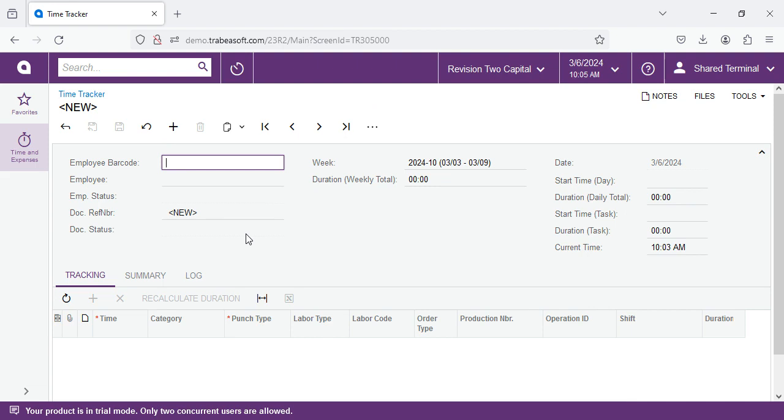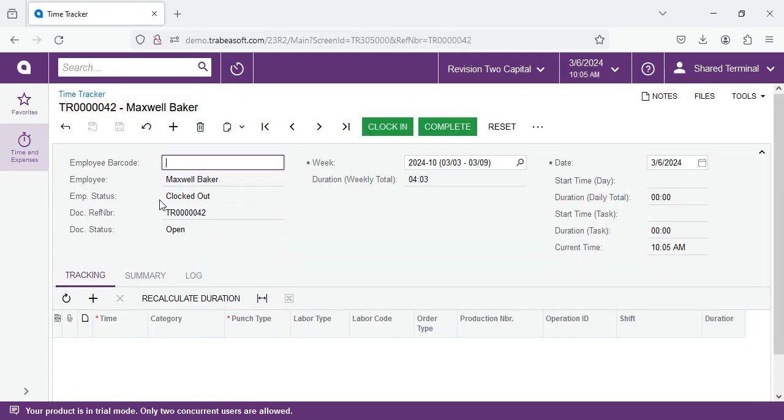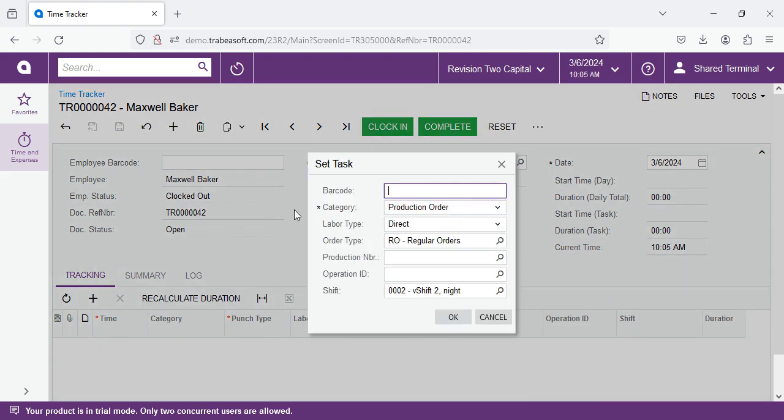So I'm first going to scan an employee barcode, and this is just the employee number in Acumatica represented by a barcode. And the first one's going to be Maxwell Baker, and this created a new document for Maxwell, and Maxwell's first action could be to clock in here,